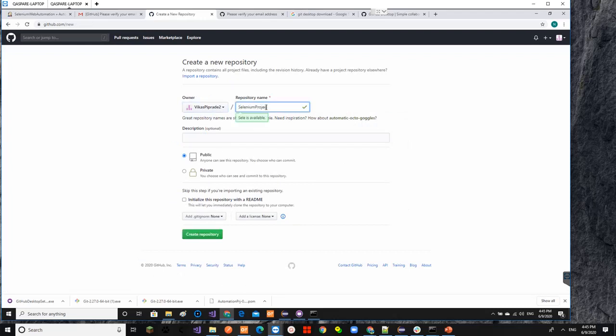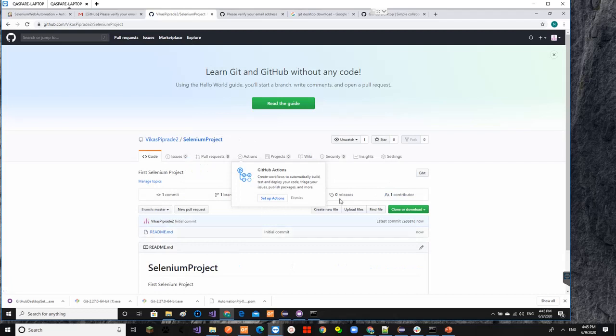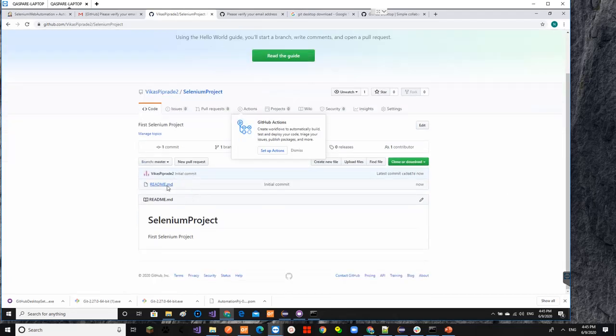Selenium project is my repository name. You can add a description. I'll keep it as public. I'll initialize this with a readme, which is a good practice. It will create a repository having just one file, which is readme.md. So now this is my first repository, and this will act as a placeholder, a container to hold all my